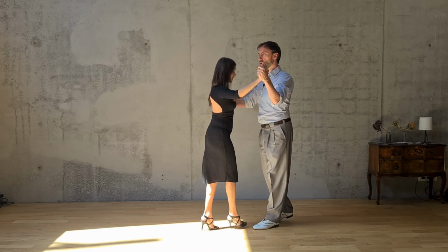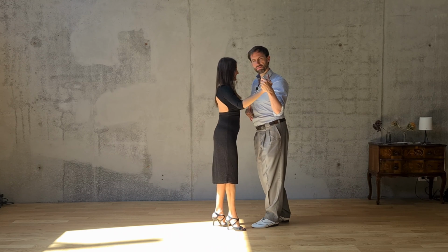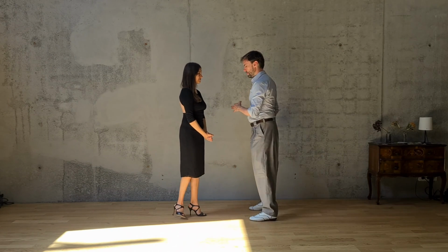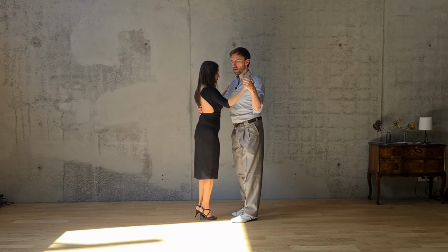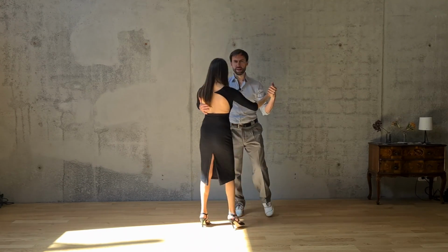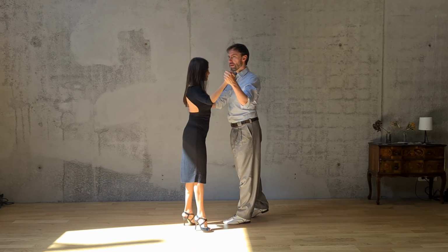Sometimes we create more distance with this. Maybe sometimes it will still be just a little bit opening the embrace. If you use the Media Luna for Giro later, very often we have a tendency to pivot more. So from this perspective, you might want to use a quarter of a turn, especially when you work later with a lapis. Here, in this preparatory exercise, we only want a slight diagonality so that I can send her around,